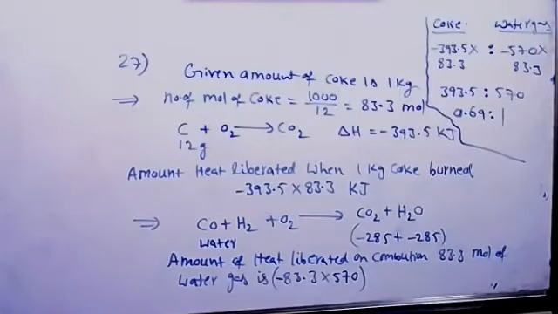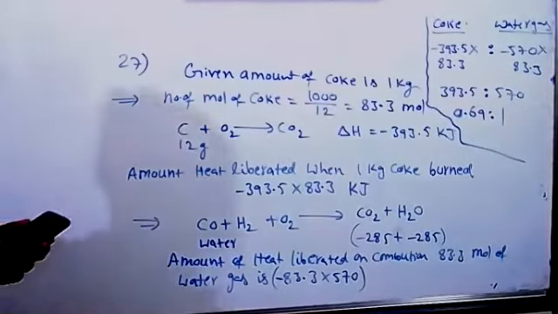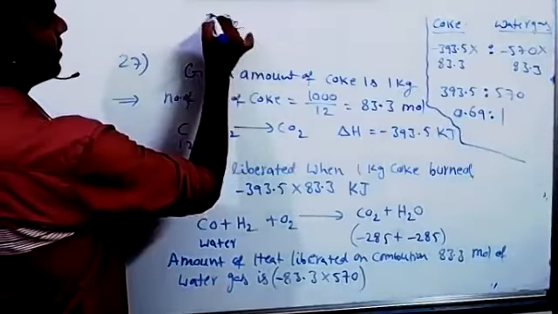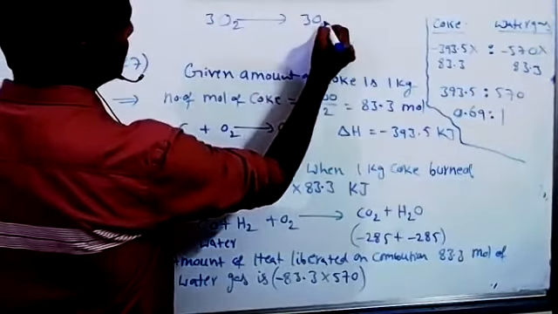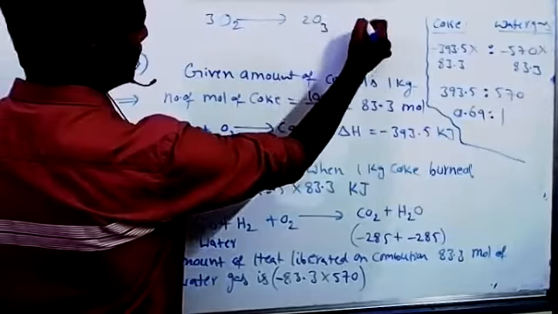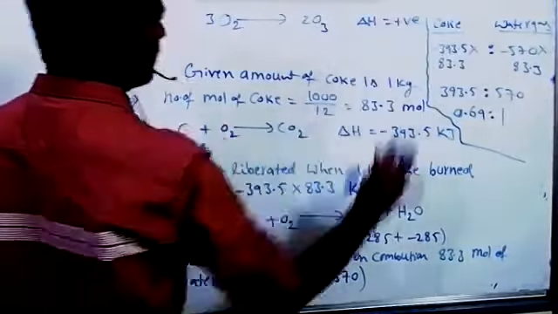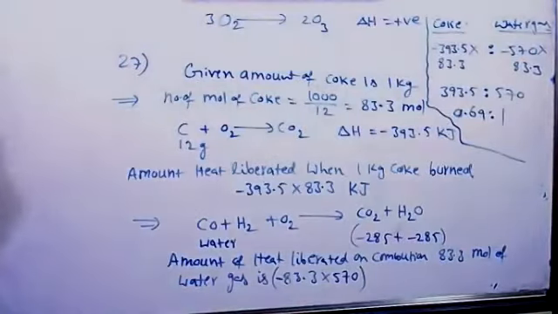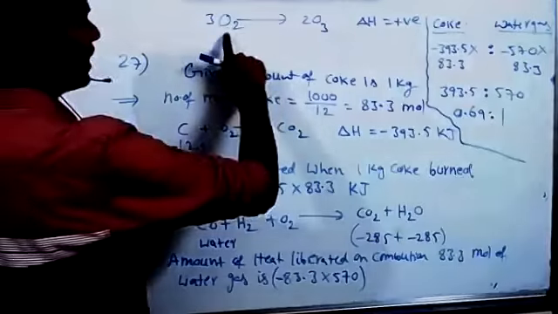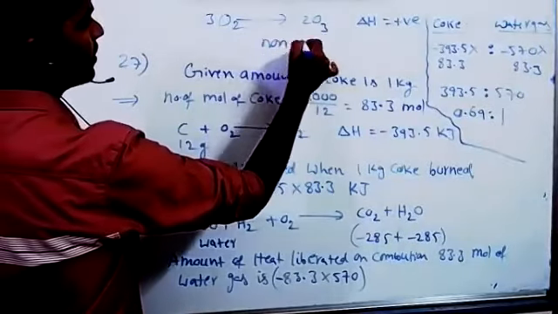Okay, 28. Conversion of oxygen into ozone is non-spontaneous. It's already we studied in 16th group elements. Conversion of oxygen to ozone, but here enthalpy must be a positive value. So at all temperatures, high temperature, room temperature, low temperature, conversion of oxygen to ozone is non-spontaneous only.